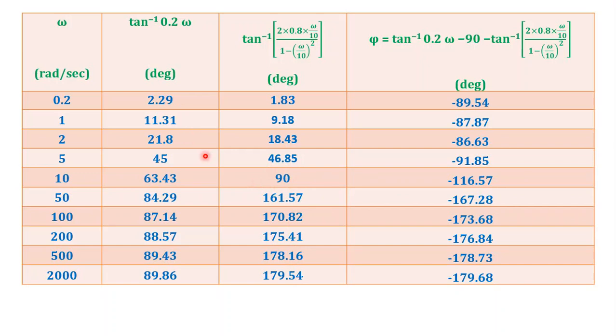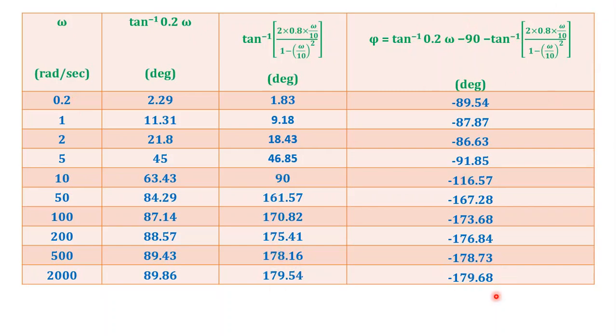Otherwise, we can use the normal phase angle calculation method using the calculator and find out the phase angle. So this is going to be the phase angle. Even without doing this, we can have an idea about the phase angle, because at omega equal to 0, anyway this is 0, this is 0, it starts nearly at minus 90 degrees, but we get minus 89.54 because we have some frequency, because we cannot start at omega equal to 0 since we are doing on a logarithmic scale, semi-log sheet. Log 0 is undefined. When we take omega equal to infinity, this is going to be 90 degrees. So 90 minus 90, we know that this term is going to be 180 degrees. This term is going to be 180 degrees.